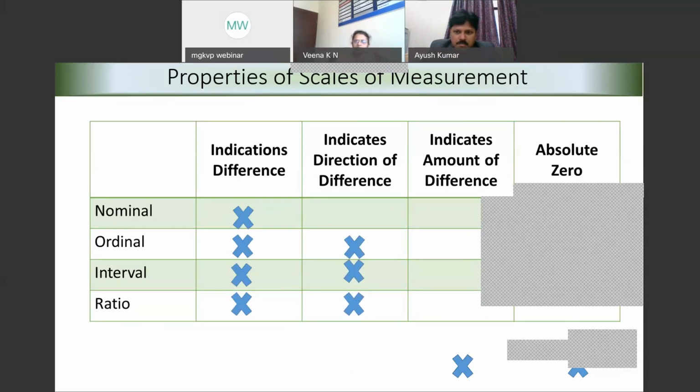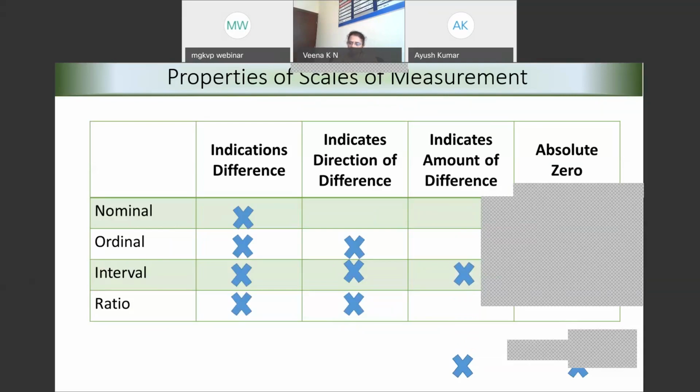in the given categories. Now, as we discussed about the ordinal scale, the difference between the first and the second could be different from the difference between the second and the third, and third and the fourth and the fifth, and so on. But it will not help you to understand what is the difference between the first and the second. It only shows the direction. If I say A is better than B, how much A is better than B, we do not know in an ordinal scale. But when we talk about an interval scale, it helps us in even identifying the amount of